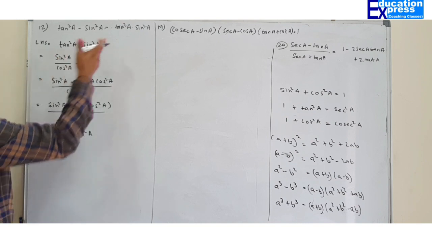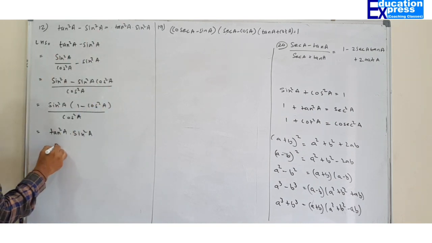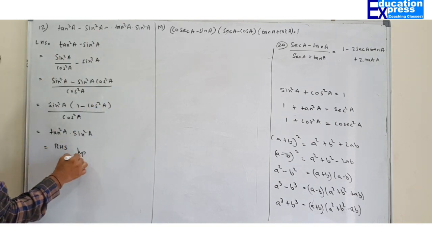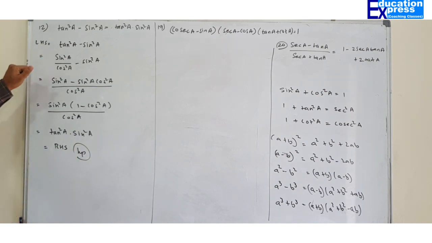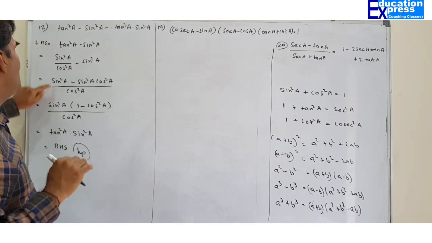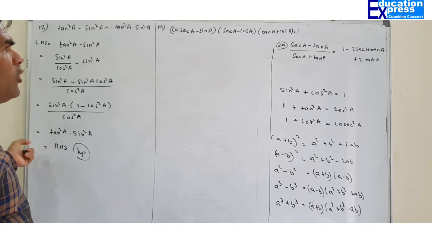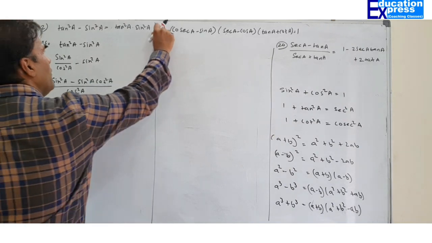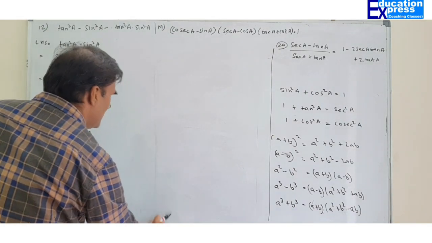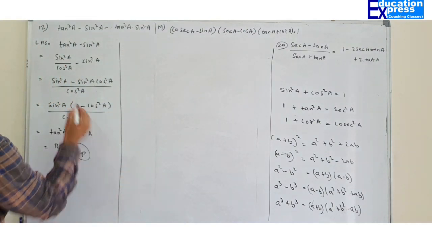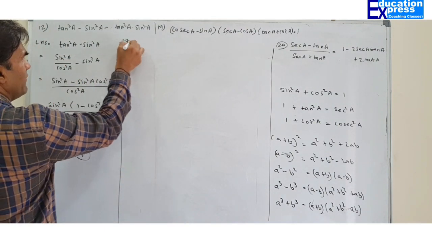Now if you look at the question, we have already proved it. This is nothing but RHS, hence proved. So basically, I told you also, whenever we try and do the sum by converting everything in sine and cos, automatically you will get to know the solution, that too very, very easily. So this was your question number 12. Let's move on to question number 17.